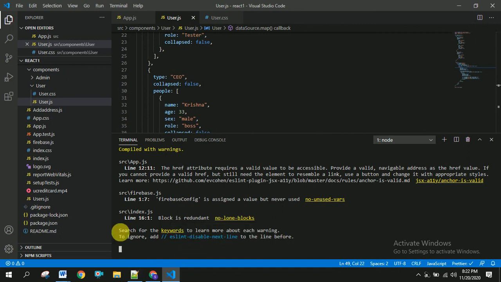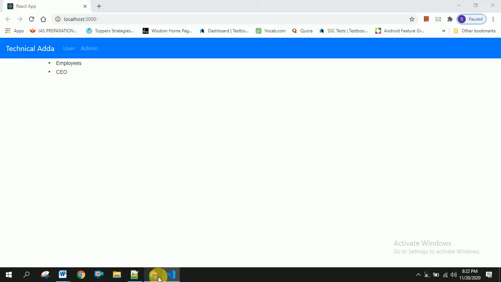If you see here, the application got compiled successfully, and once you open the browser you are able to see this. You should be able to see this, and here there will be stylings. So this is all about the tree view application.